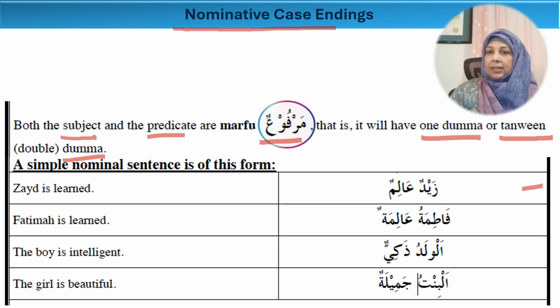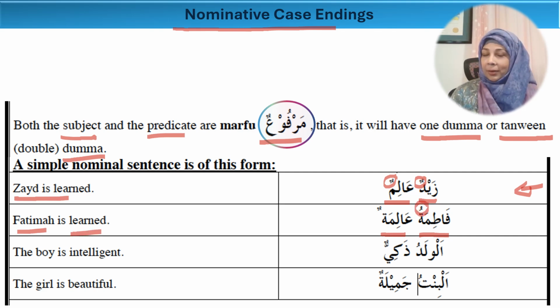The first sentence is Zaydun alimun. It means Zayd is learned. Here we see that Zaydun is the mubtada and it ends with this tanween Dhamma, and alimun is the khabar and it ends with this tanween Dhamma. Fatimatu alimatun means Fatima is learned. Here Fatimatu ends with a single Dhamma and it is the mubtada, and alimatun is the khabar and it ends